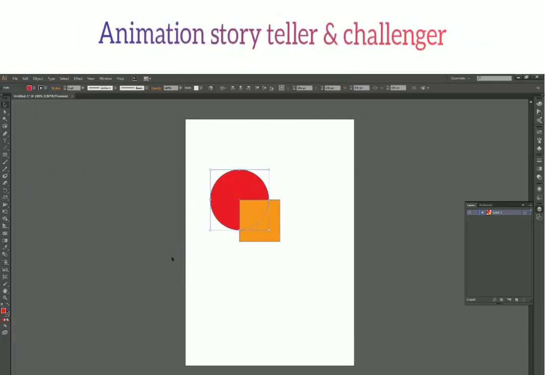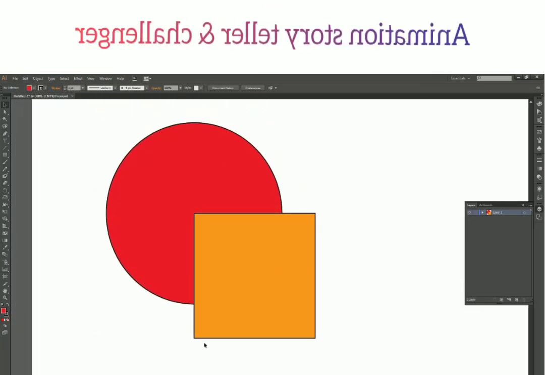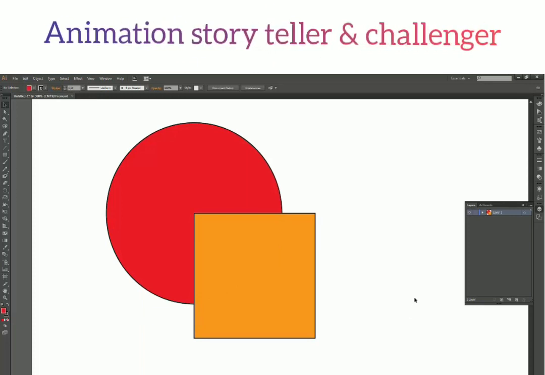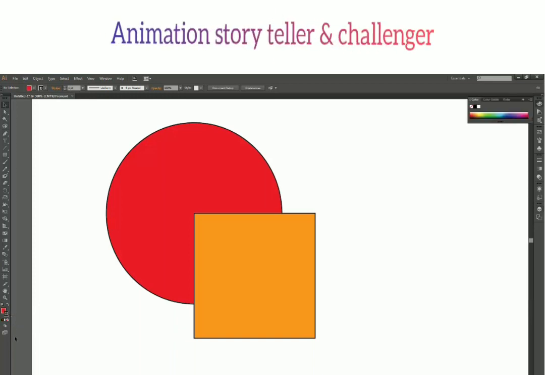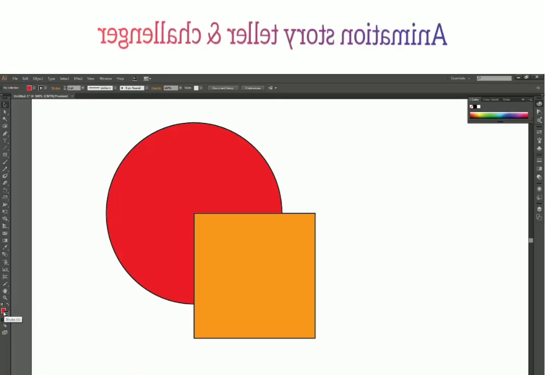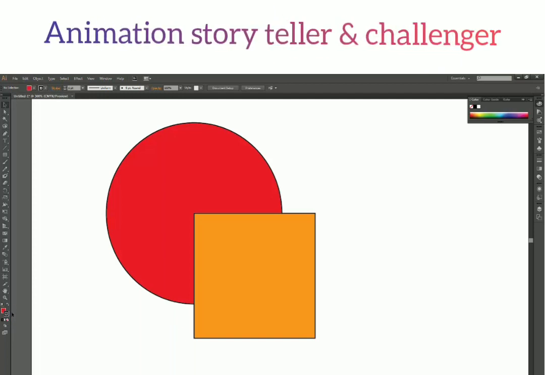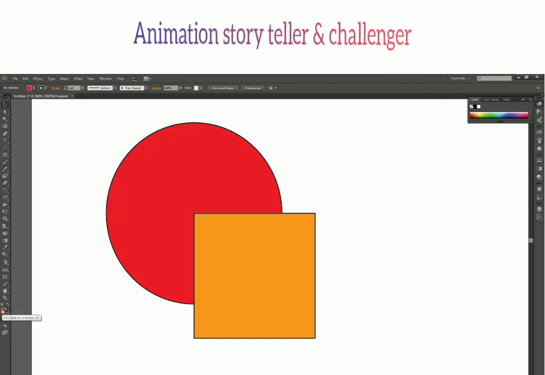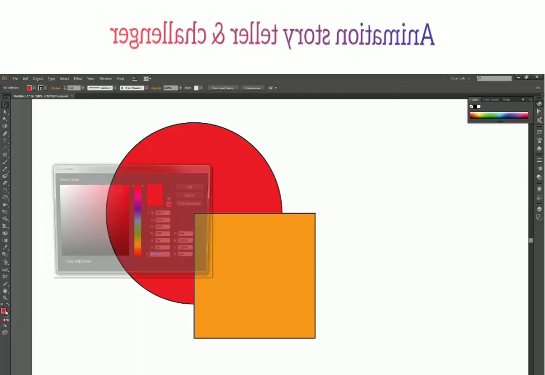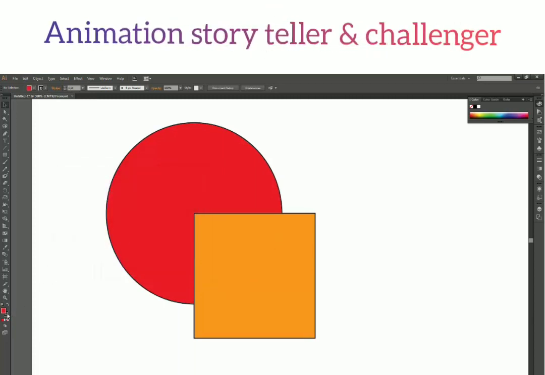Okay. And now if you see here, I have this outline on both the shapes. So what if I don't want any outline here? For that, you can select the outline first. If you single click on any of them, either the fill or the outline, that thing will get selected. So if I am going to select fill, I will click on fill first, just a single click. We use double click to open the color picker, but if you want to just select the outline or fill, then you have to do a single click.